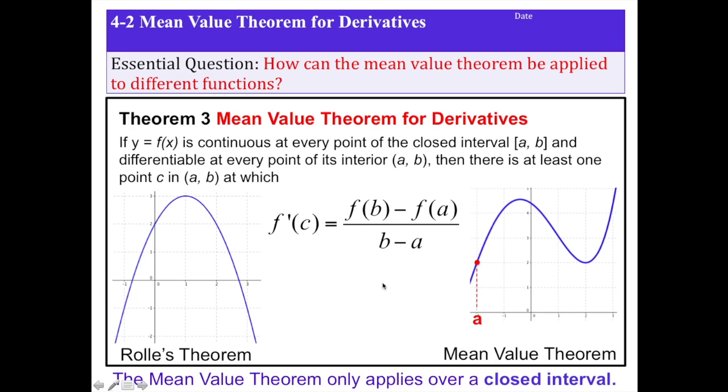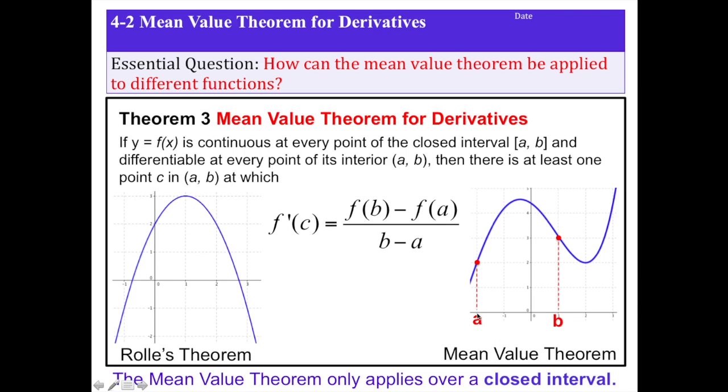If we look at a domain interval A to B, we'll look at the cubic function first. So we're looking at this part of the function. And we know this function is continuous. That's the first important thing. And it's differentiable, which means it has no corners or cusps. Then what this mean value theorem is saying is that there's at least one point in between A and